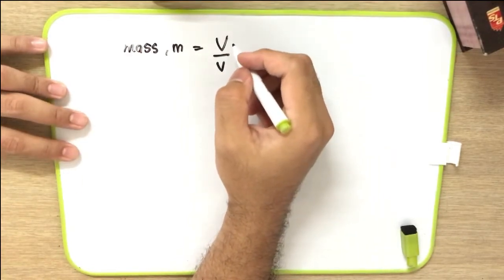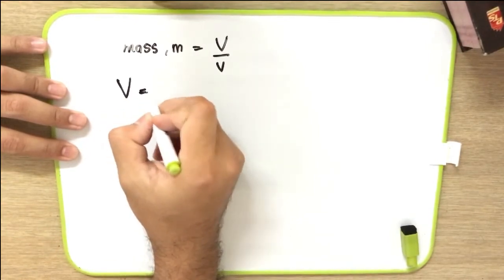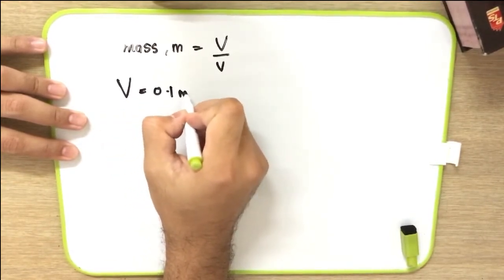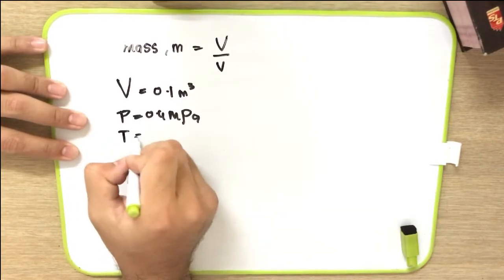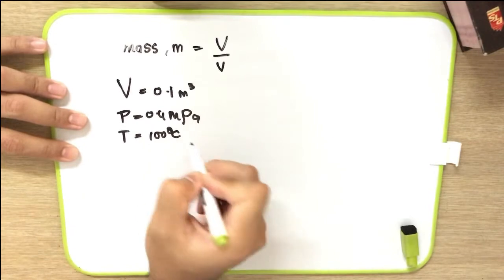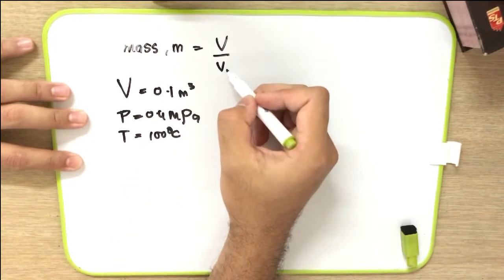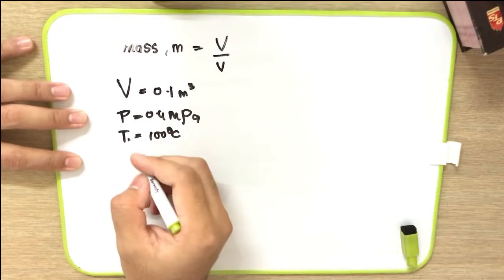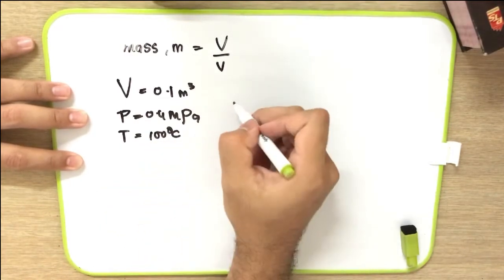So from the question, it is given to you that the volume is equal to 0.1 meter cube, P is 0.4 megapascal and T is 100 degrees C. In order to find specific volume, we can use P and also T. Okay, so this is refrigerant. We can refer to table